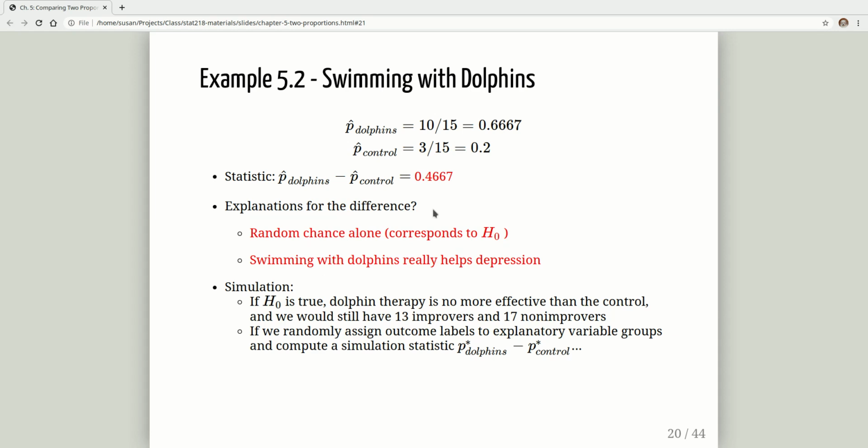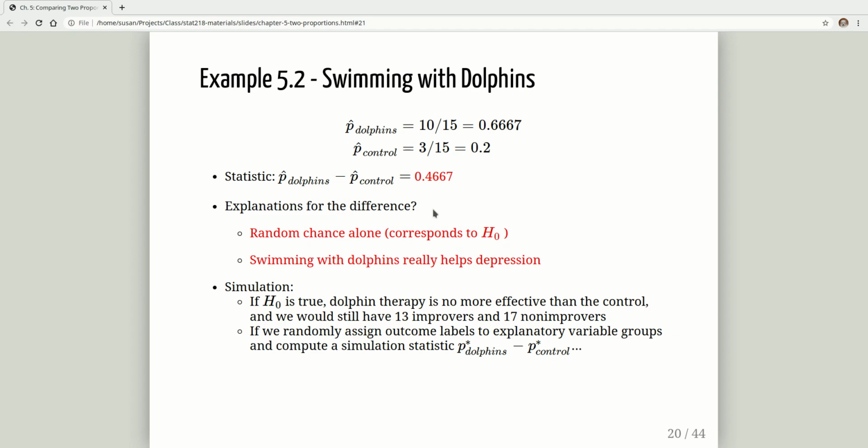So if we just randomly assign the outcome labels, improve or didn't improve, to the groups, so dolphins or control, we can compute for each one of those tables a simulation statistic, which is the simulated proportion of people who swam with dolphins that improved, and